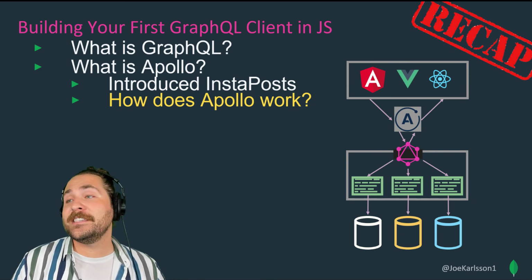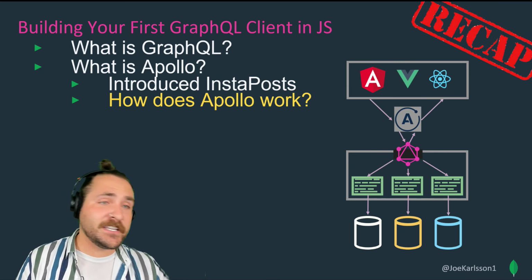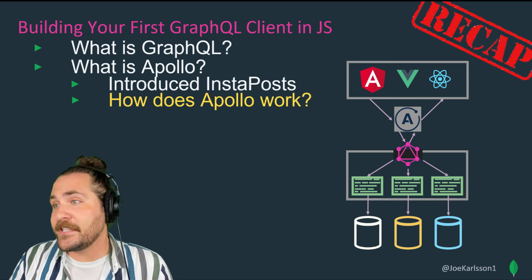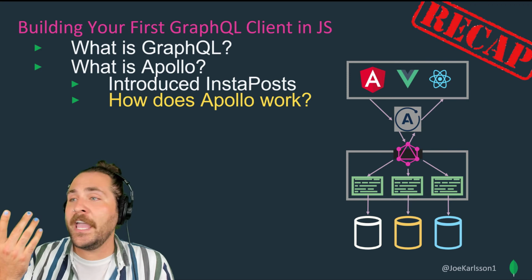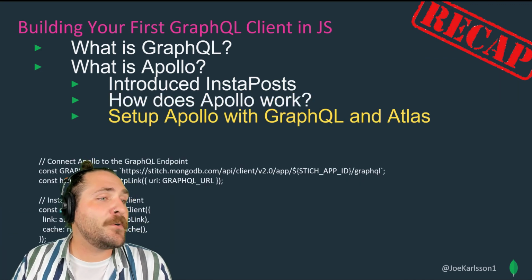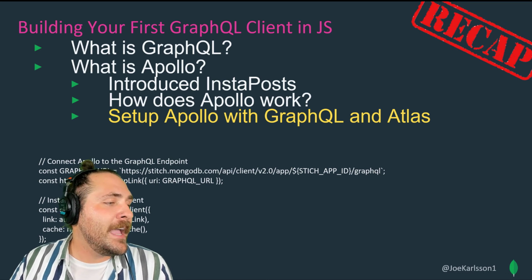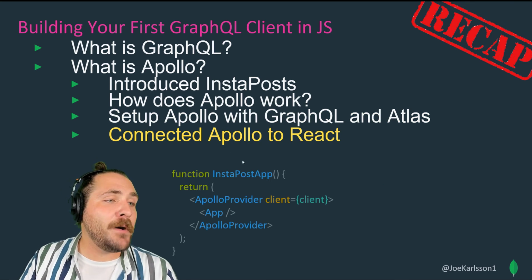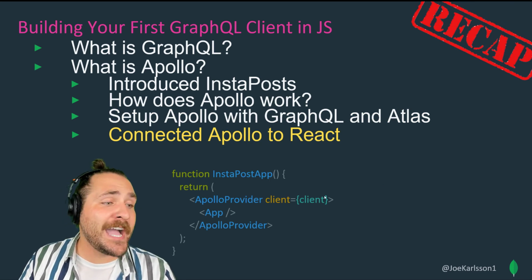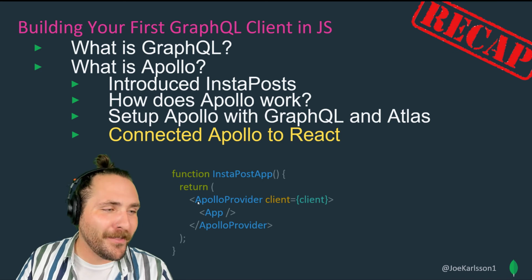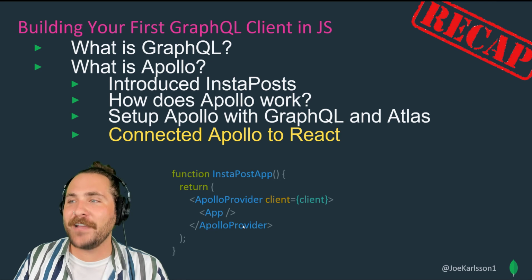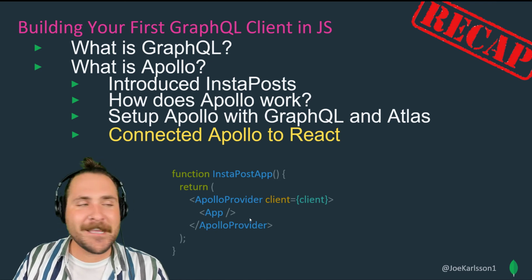We talked about how Apollo is a wrapper, and it's agnostic to what framework you're actually using. For this project, we actually used React. This is a React conference, but you can use Vue, Angular, whatever. It doesn't matter. Then we set up GraphQL with Atlas, and all you really have to do is just paste in your GraphQL endpoint and instantiate your provider with some additional options in there if you want. And then we connected Apollo to React, and it was super easy. All we did was wrap our Apollo provider around our React application, so all of the children components have access to the React hooks and can share and update state.